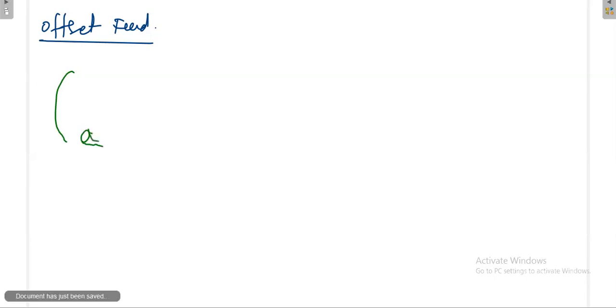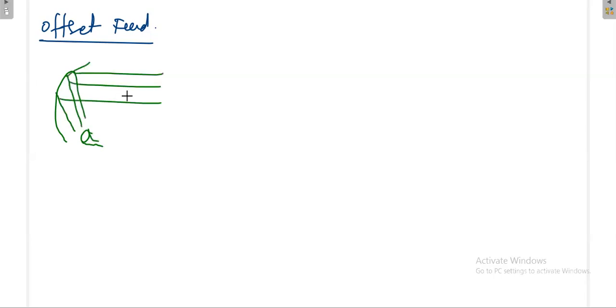Then the signal goes like this, and then it goes like this. Here, what is the problem? There is no stoppage, but only some portion of the parabolic reflector is illuminated by the EM waves. First we see the advantage. The advantage here is